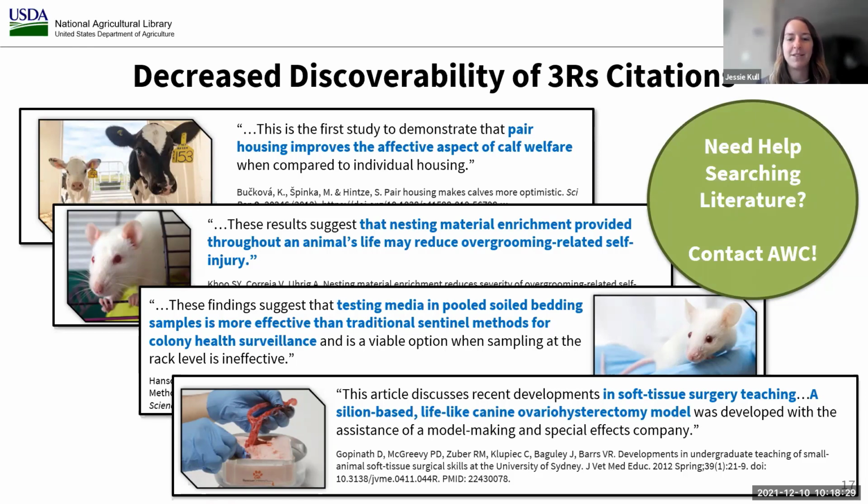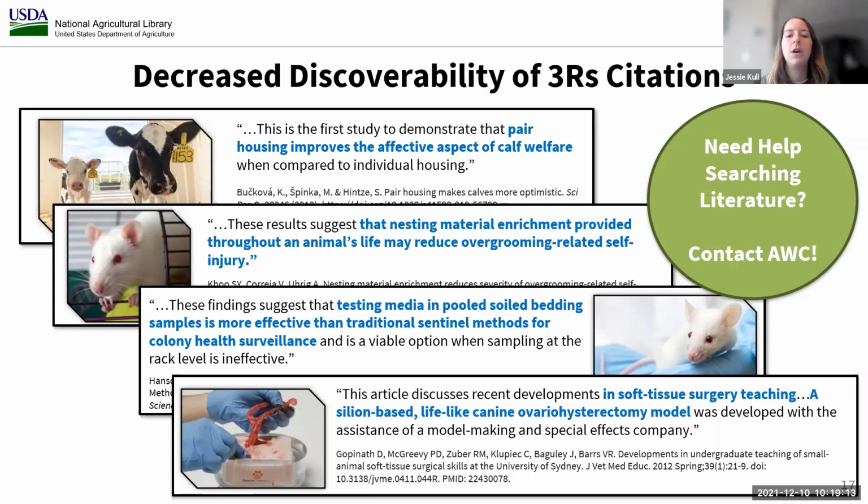One reason for this is that typically, unless the research is focused on the 3 R's or it's a main objective or topic of the study, scientists won't mention or write explicitly about the 3 R's, making these papers extremely hard to identify in the literature because they aren't being tagged or indexed on the back end as such. Additionally, some scientists may not even realize that the method or procedure they're using would be considered a 3 R's method, such as using an animal as its own control. They may not realize that, and so don't write about it in terms of the 3 R's in their paper.